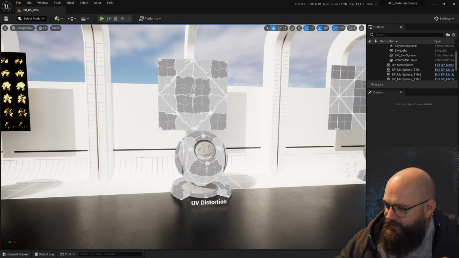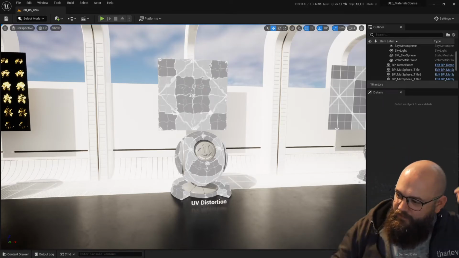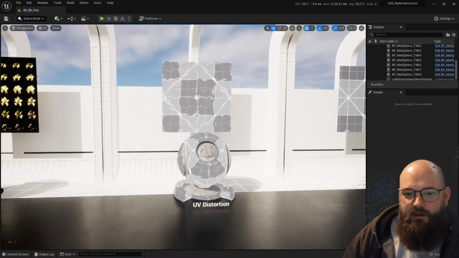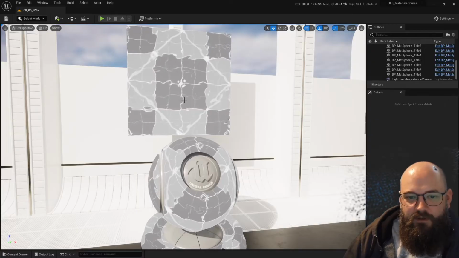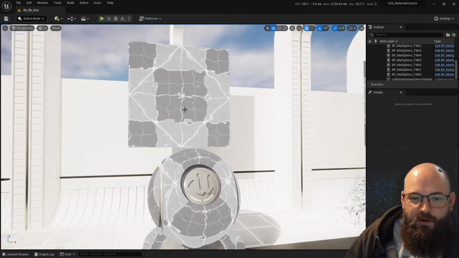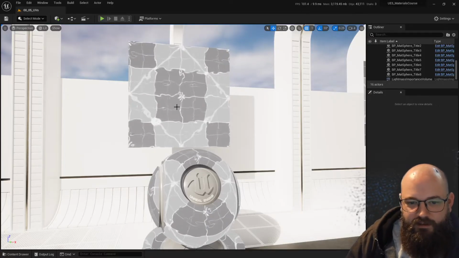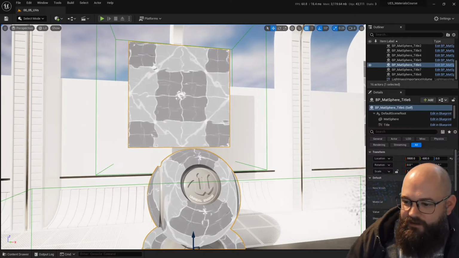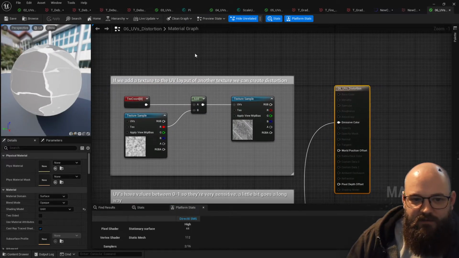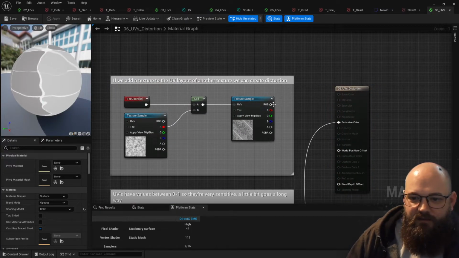Okay, sticking with the VFX theme, another very commonly used thing in VFX is UV distortion. So we have here what looks kind of like a watery effect, maybe looking through water, that kind of distorted underwater look. And it's actually very simple. All we're doing is using one texture to distort another. And so if I start here at the top,